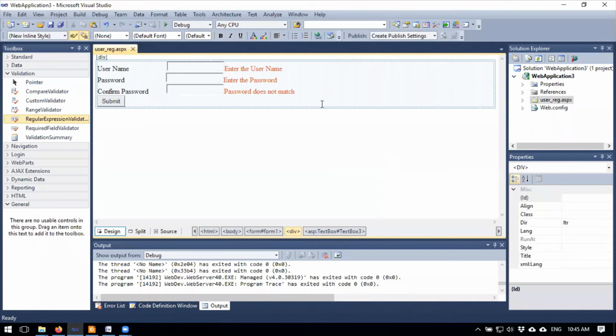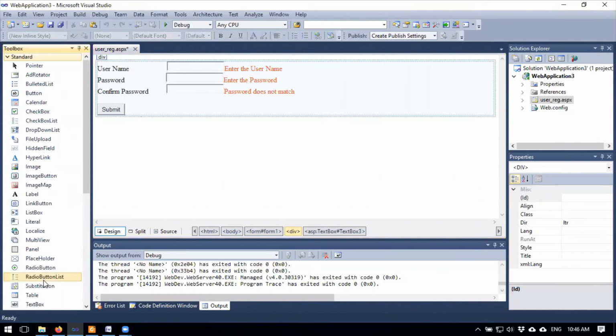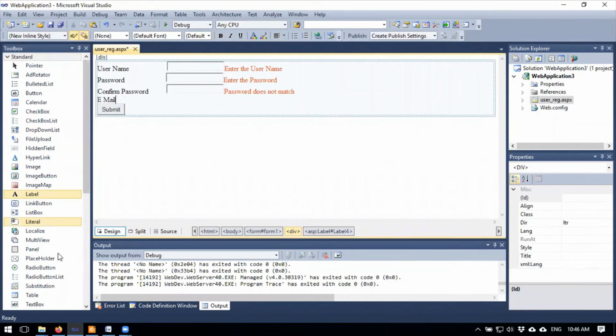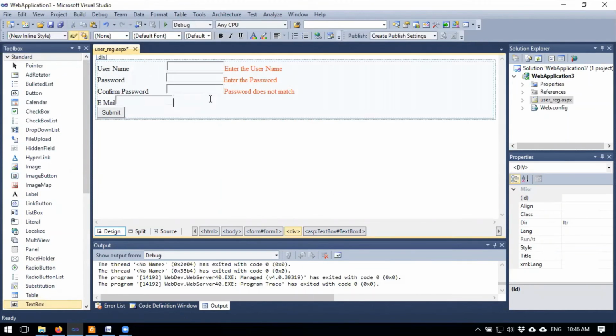Now for example, if you want to enter the email, then put up the text box here, then click here, then press the tab to give the space.